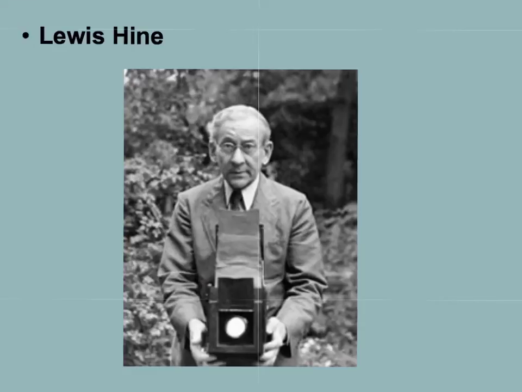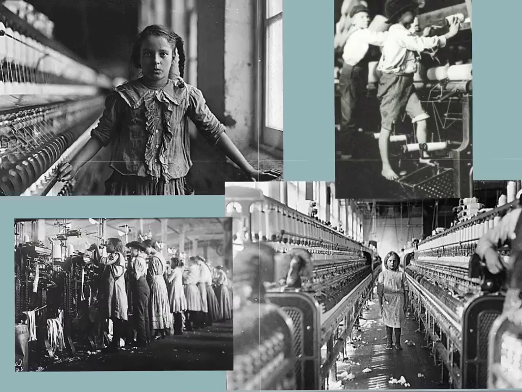Another person that exposed some of the ills of this time was Lewis Hine, and he was famous for taking photographs of child labor. Children were often hired as they were easier to control, and they would be paid less. Their smaller hands and fingers could fit into the tight areas quicker to pull out some cotton if it got balled up or stuck, or fix some broken threads or whatever it might be.